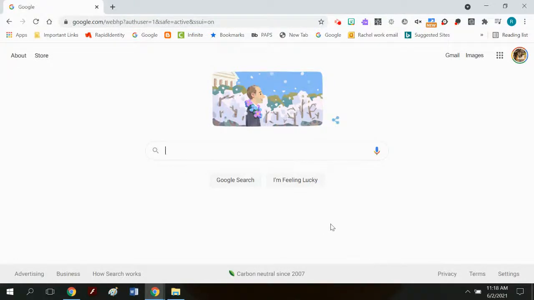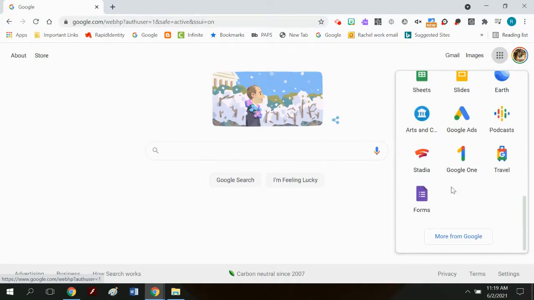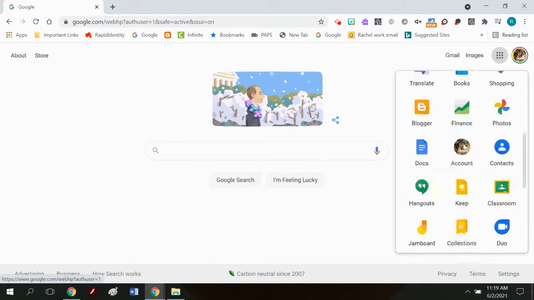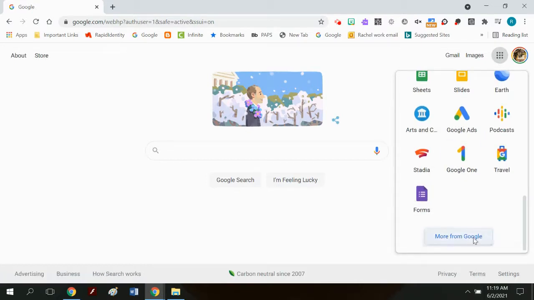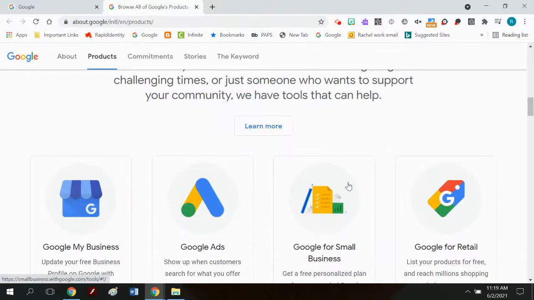Okay, I'm trying this again, creating your Google site. You see how I'm logged on to my home Google account, my personal Google account, but up here I'm synced with my school account. So if I go here to the waffle and I scroll down here, I'm not going to be able to find Google Sites. But if I go all the way down here and then under Explore All Projects, I just do